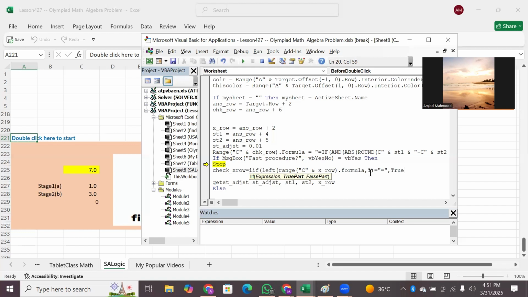So there means it's a formula, otherwise false. Yeah, no, so the check row variable will have either a true or a false. If it is a true, then it should go to some other procedure. So we will make an adjacent 2 with X row, okay? And so we will say if, so our condition is if check row that is true, then do this, otherwise do this,